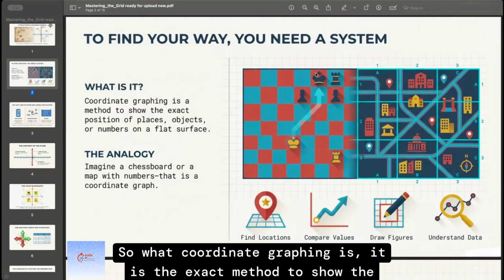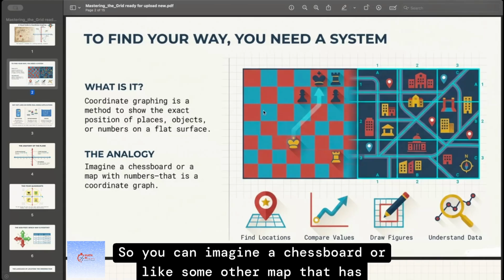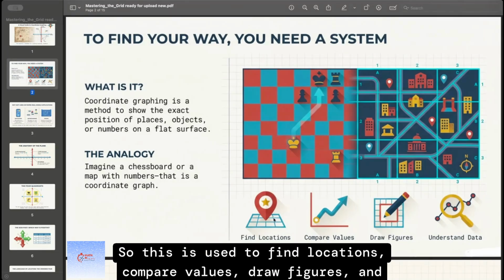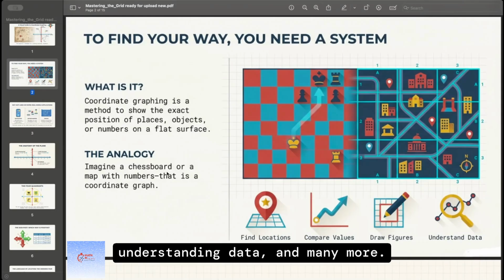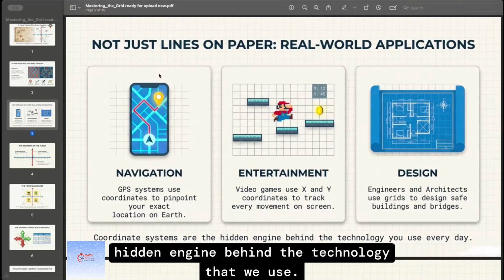So coordinate graphing is the exact method to show the exact position of places, objects, or numbers on a flat surface. You can imagine a chessboard or some other map that has numbers on it. This is used to find locations, compare values, draw figures, and understand data, and many more. These are not just lines on paper, but the hidden engine behind the